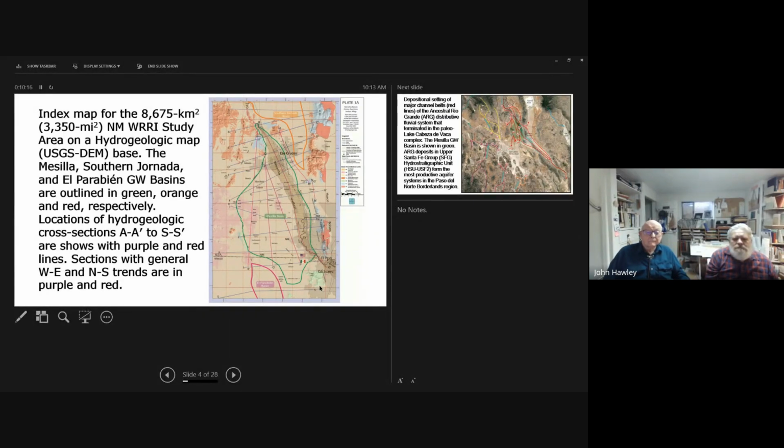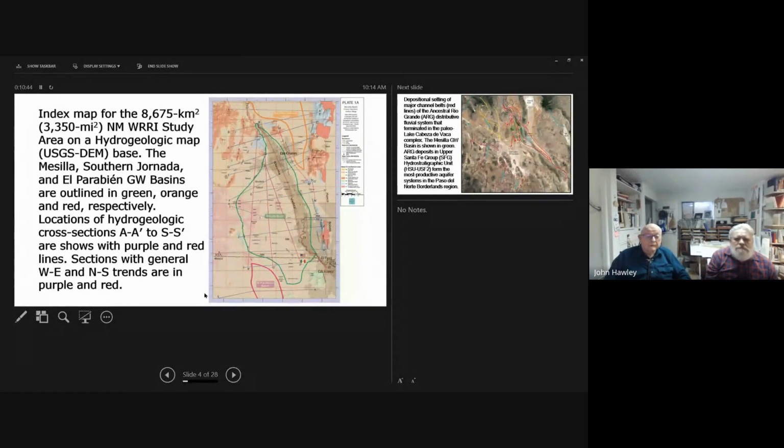It starts over here at the south edge of Ciudad Juarez, and then goes in a more or less west to southwest trending alignment over to the mouth of the Rio Casas Grandes, which we'll see.